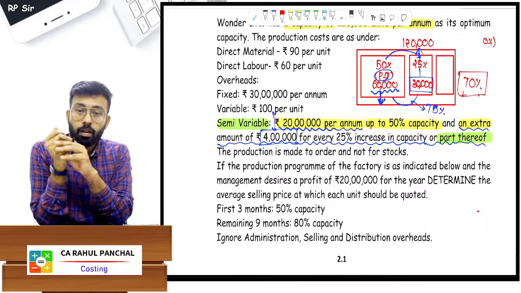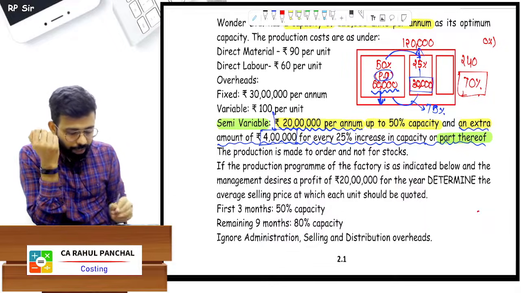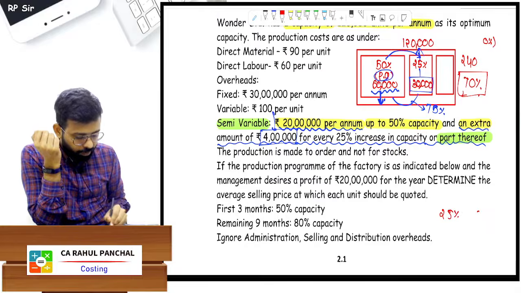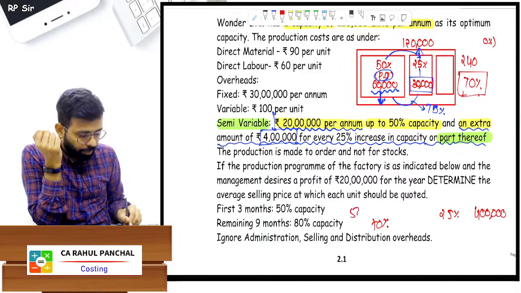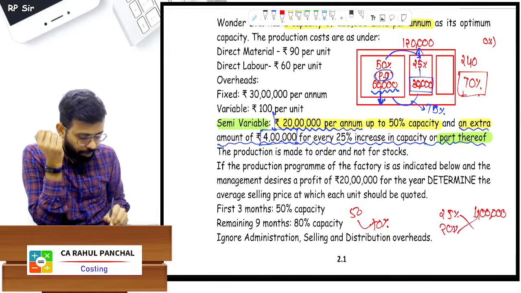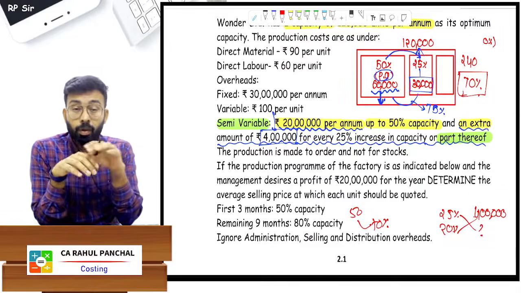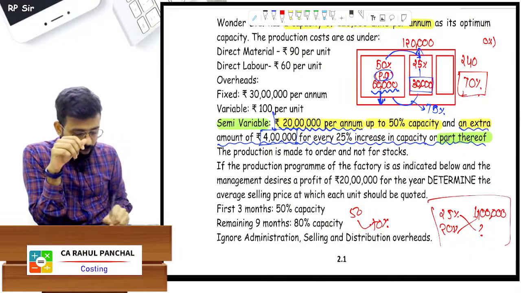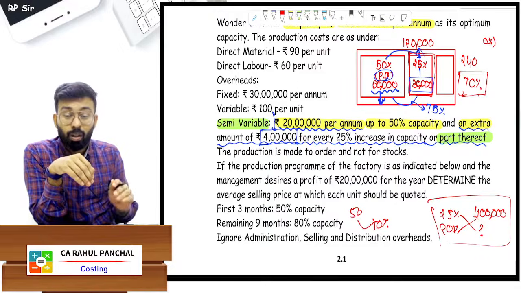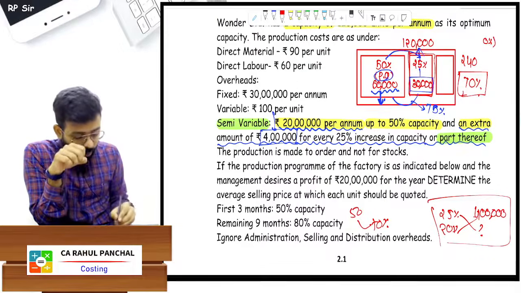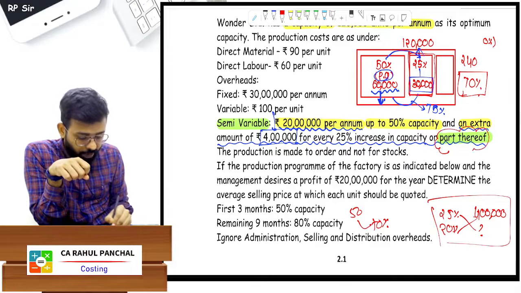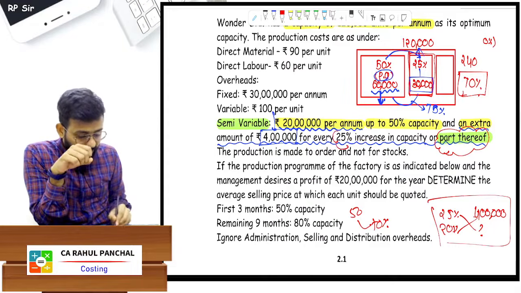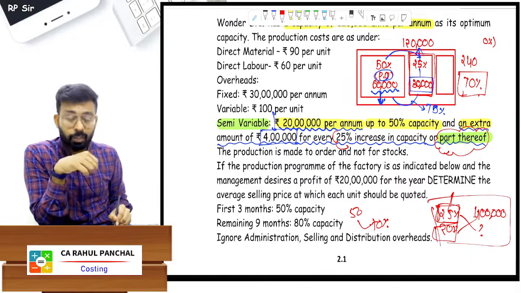24 lakh. Or you will say like this, sir, 25% is 4 lakh rupees, right? When I work at 70%, from 50 I am increasing only 20%, so cross multiplication will be done. Will you do like this, yes or no? No, no, because you will buy that machinery. So if you buy or take that machinery on rent, what is important is written: "or part thereof". So if your capacity has increased by the entire 25% or part thereof, which is 20%, 5%, whatever it is,